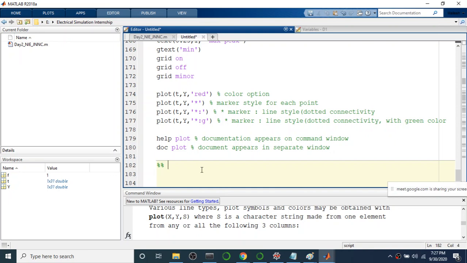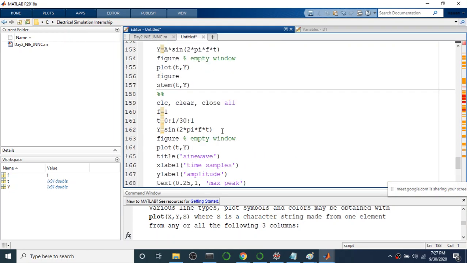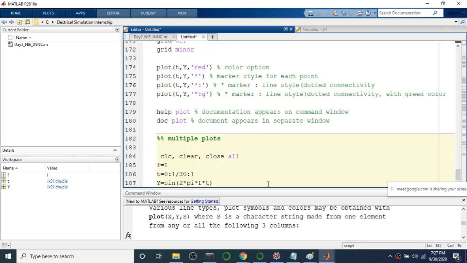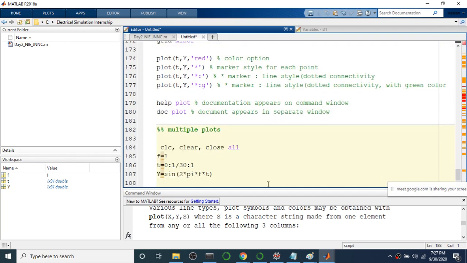So let's see multiple plots. Say I'm having a signal here, one is a sine wave, and I'm taking z, which is a cosine wave, sorry, not sine, it is cos of 2 star pi star f star t.